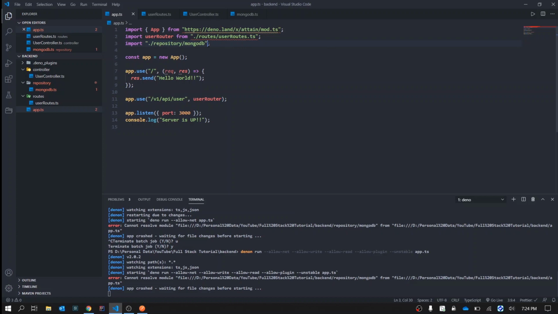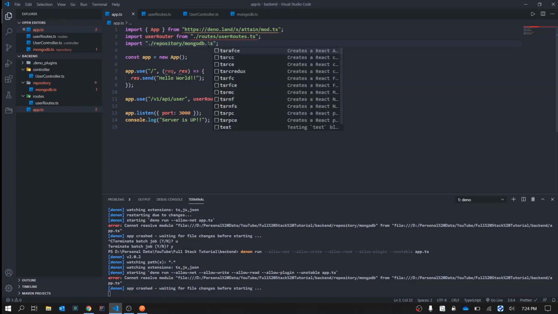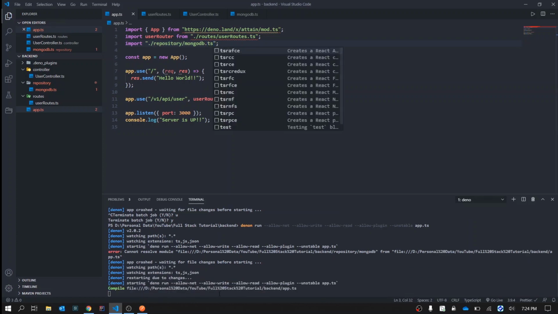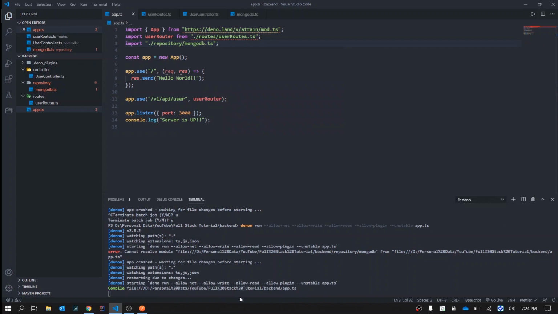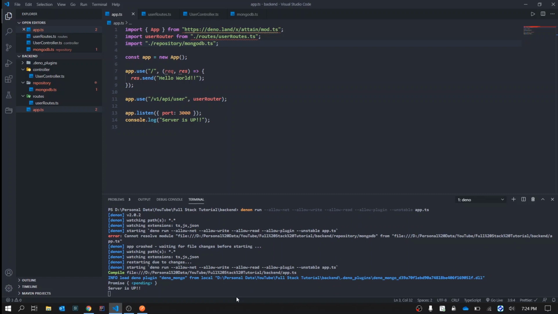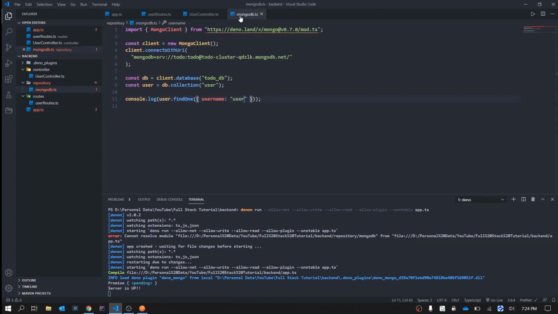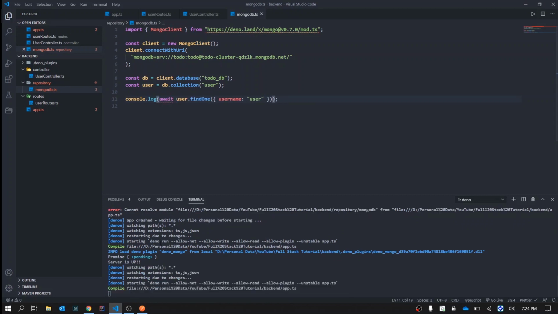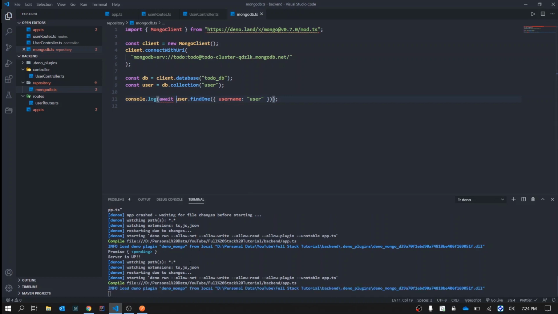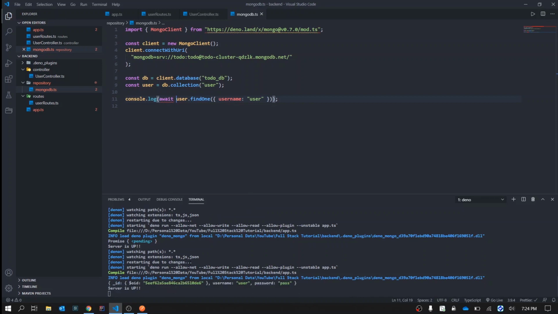Okay, so yeah, that's what I said. You need to have the .ts extension or it won't work. Now it's compiling. I hope it works. Okay, so it's a promise. Yeah, correct. Now what we need to do is await till this promise executes. Now let's see, it should have worked. Should get our user. Yeah, so here we see we have got our user.